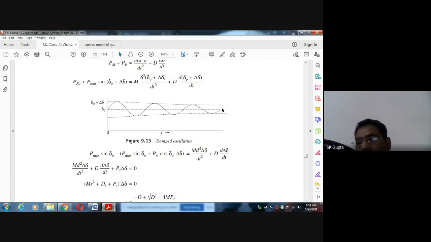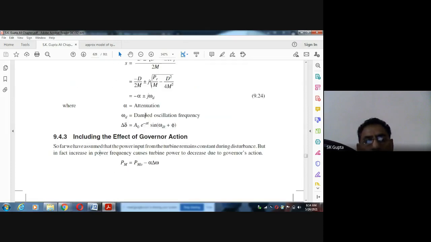ये सपोज करिए ये डैम्प आउट हो रहा है 10 सेकंड में, तो ये डैम्प आउट हमारा 5 सेकंड में हो जाएगा। And this is our intention and purpose. Whenever the disturbance comes, we want it should be damp out as early as possible. तो हमारा सिस्टम पे उसका नेट इफेक्ट ना पड़े, इसलिए हम जो डिस्टर्बेंस है उसको डैम्प आउट करना चाहते हैं।